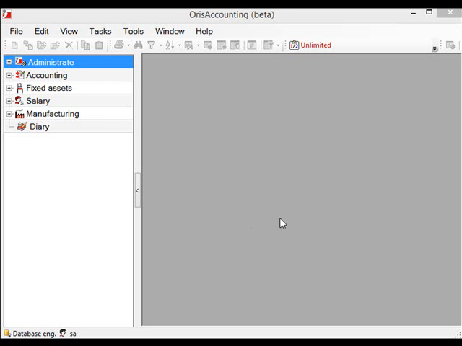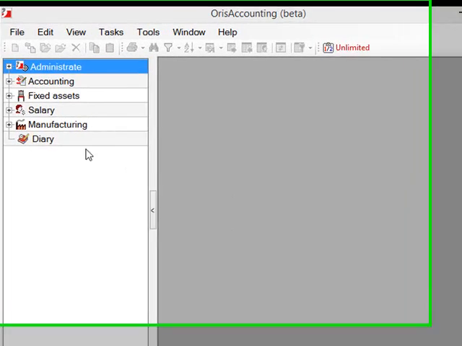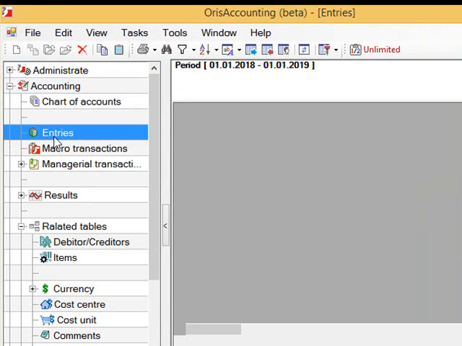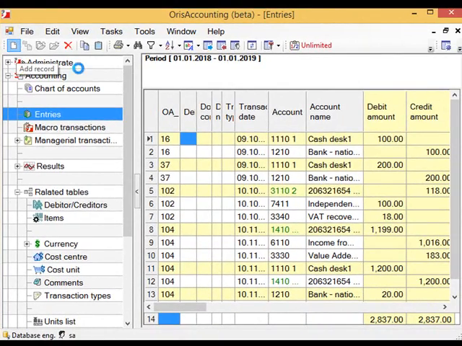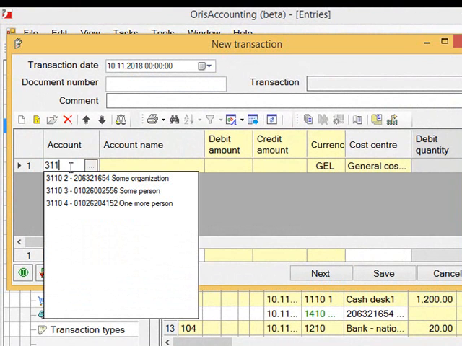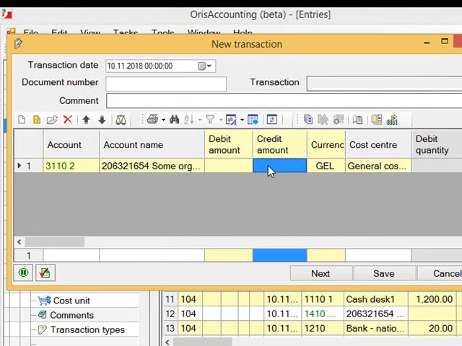Let's look at how to record accounting transactions in different currencies. Access the menu Accounting and Entries. Add new transaction, and as an example, let's select account of some supplier 3110, some credit amount, let's say 200